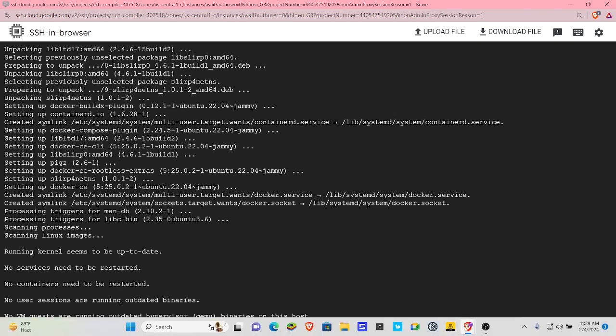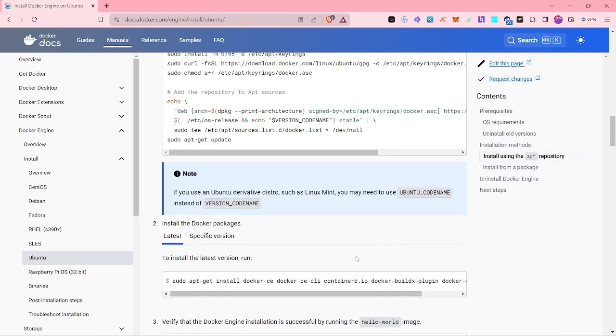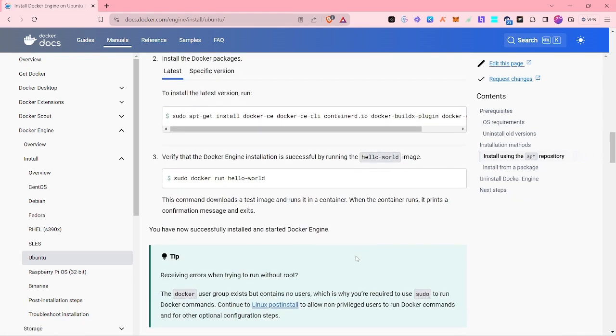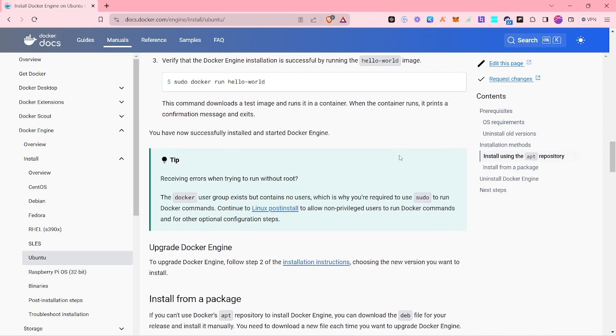Okay, so the final step I think is to test if Docker is working by typing sudo docker run hello